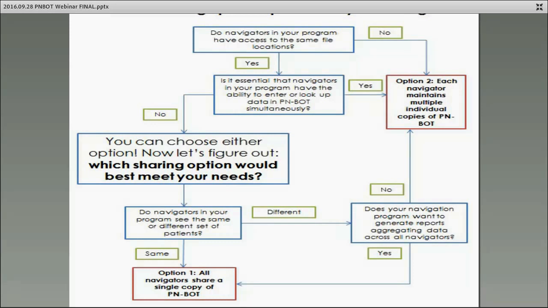So basically, if you all must be in there at the same time, again, option 2 might be the better option, where you just each have your own copy so you don't get frustrated with one another, unless you can work out a system where you're entering data at different times during the day or whatever the case may be. So assuming that it is feasible to choose option 1, where all navigators enter into a single copy of PNBot,